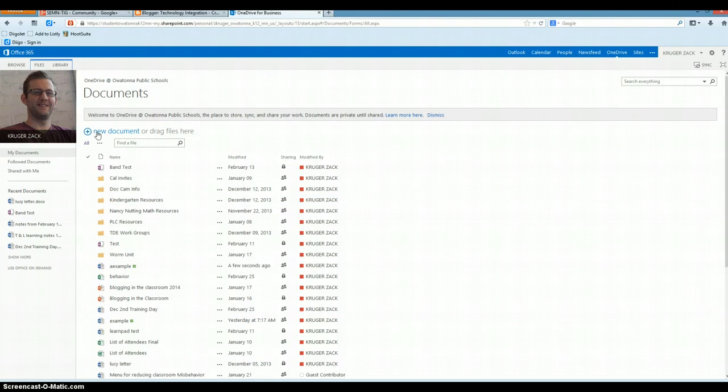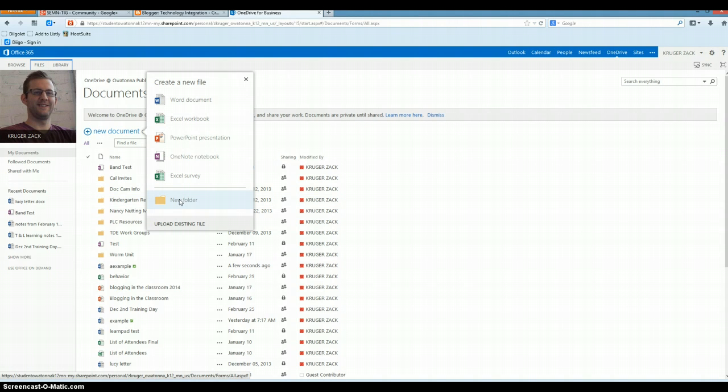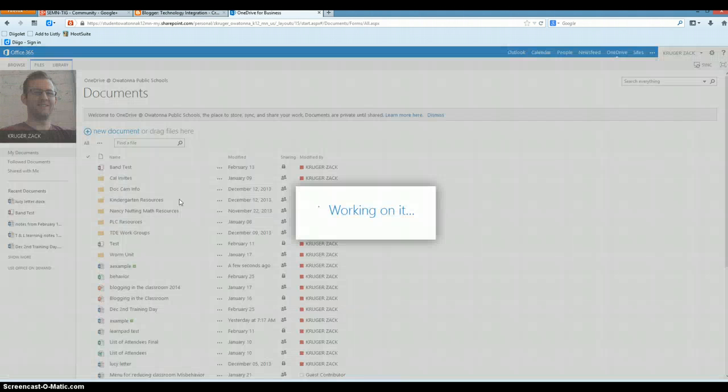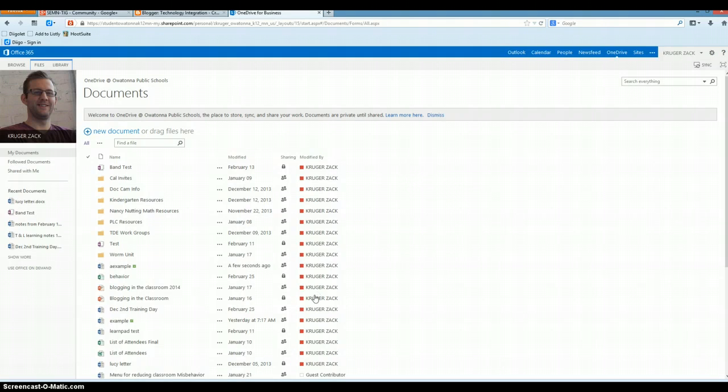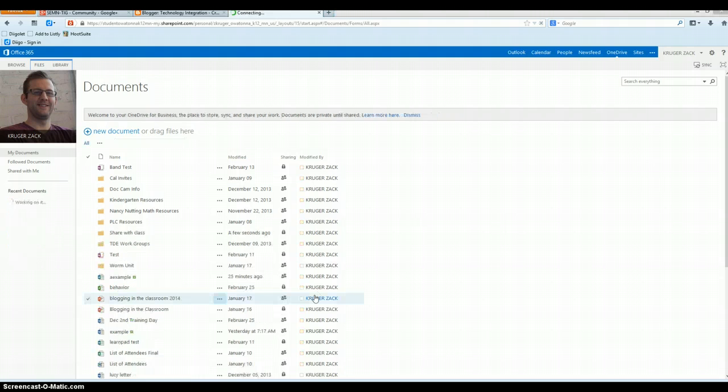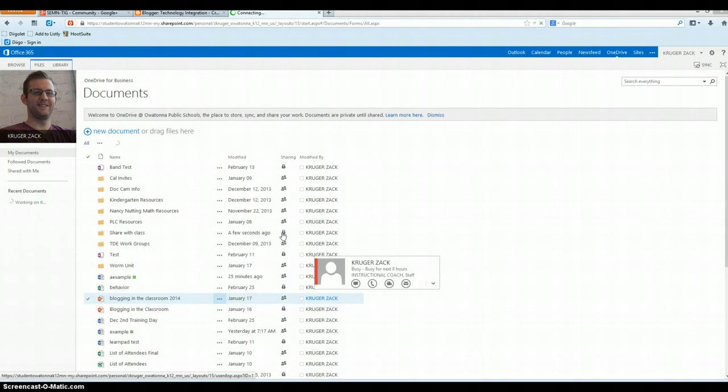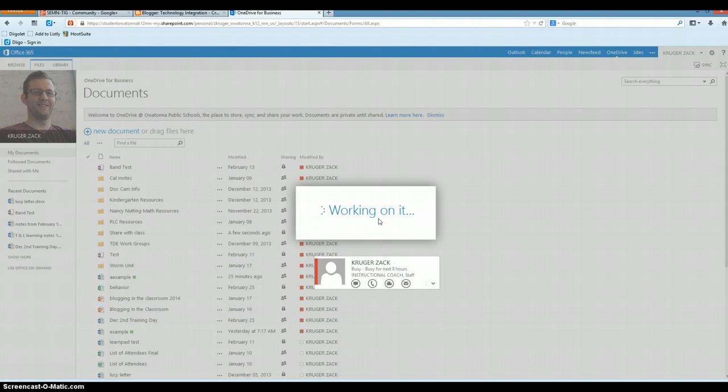Another idea is just creating a folder. So coming back up where it says new document and creating a new folder and calling this folder maybe "share with class" or something. So as this folder gets created, you can share it with your entire class. So you would go through and you'd come back to where it says share with class. You can come back over where it has the lock, and you can then pick all the students that are